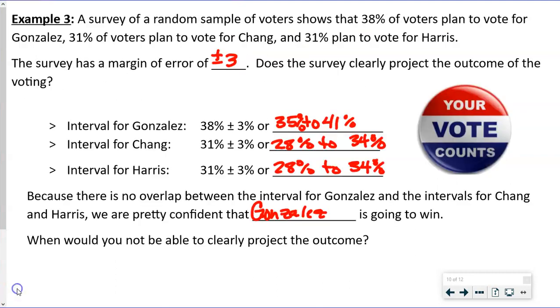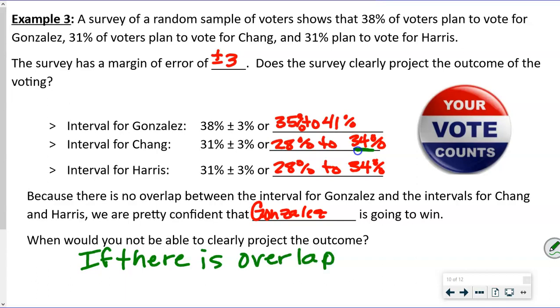is going to win. So it says down here, when would you not be able to clearly project the outcome? So for example, if when we did this, this number had been 35, y'all, then we would have had overlap in the groups, okay? So that's what it's talking about here when it says, when would you not be able to clearly project the outcome? So what we need to say here is if there is overlap,